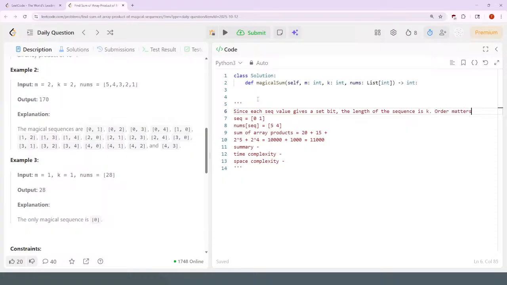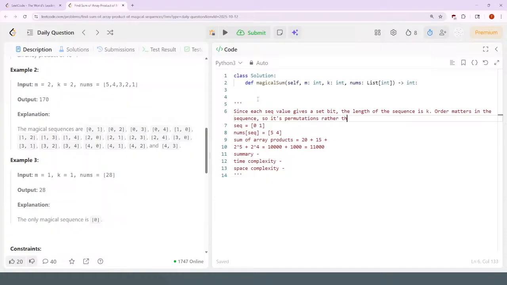Order matters in the sequence. So it's permutations rather than combinations. So sequences are permutations of